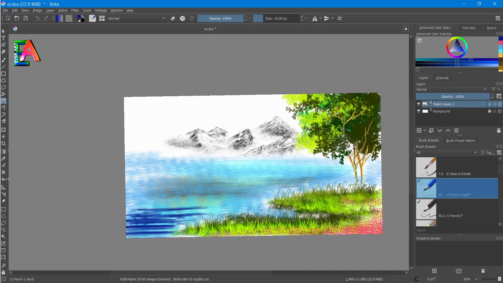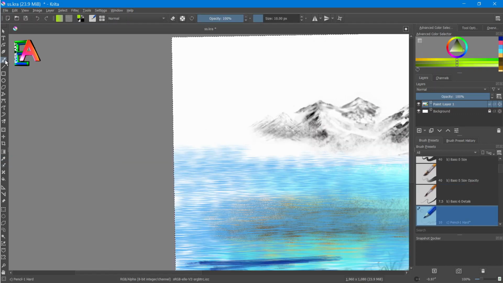And here is another option. I think it is a color picker. Yes, it is a color picker. You want to use this color picker because sometimes it happens that you use a green color here, and you want to use the same green color at this portion also, but you cannot find it from this section. So for that situation you just select this color picker, then you will find the exact color at this portion. Then by just selecting this kind of pencil, you can easily use the same color which was there.